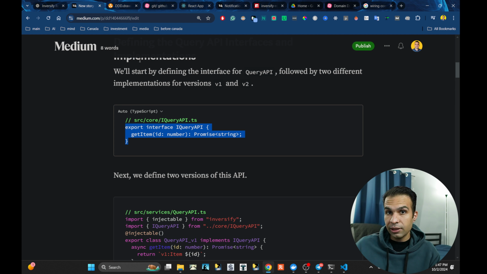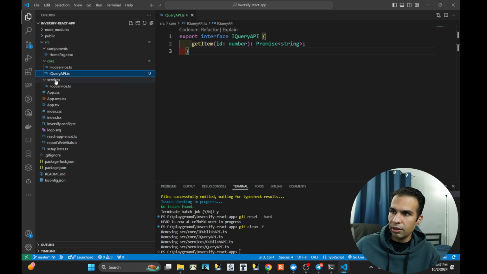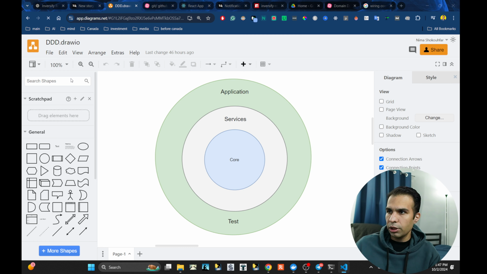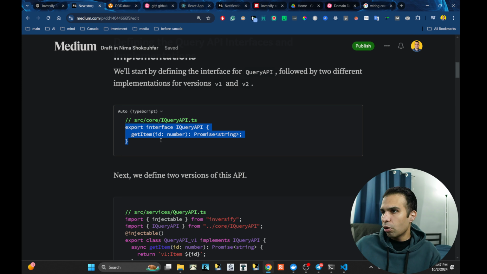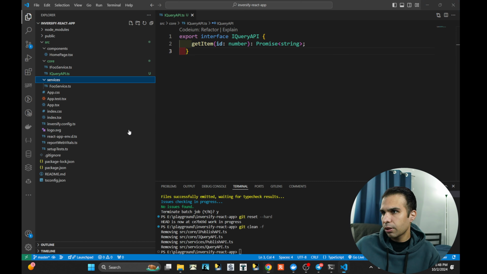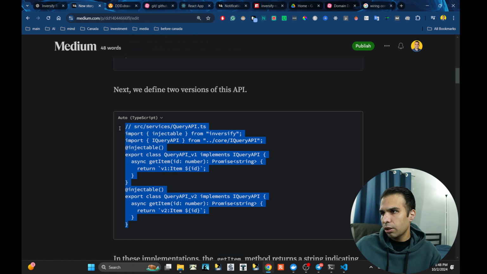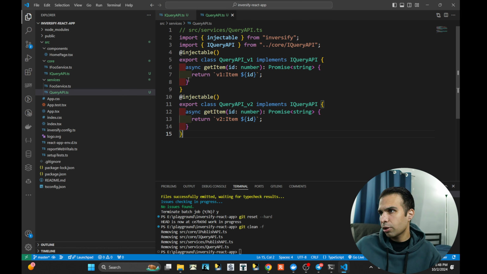So where do we have to implement it? Think for a second. You have to develop it in the services. Okay, so where is the services? Services is here. I have to create the QueryAPI over there. This one is the QueryAPI.ts. I'm developing it under services. After that, under services, I copy paste the code, practicing my